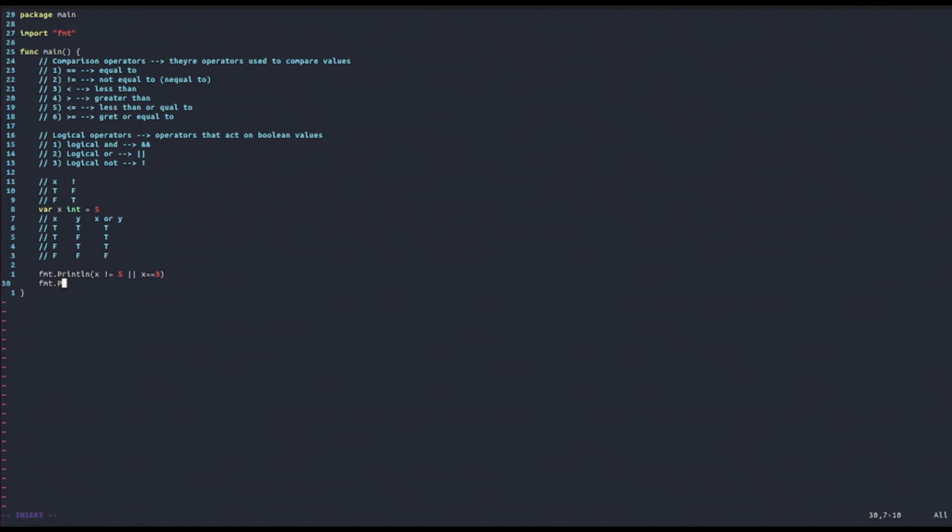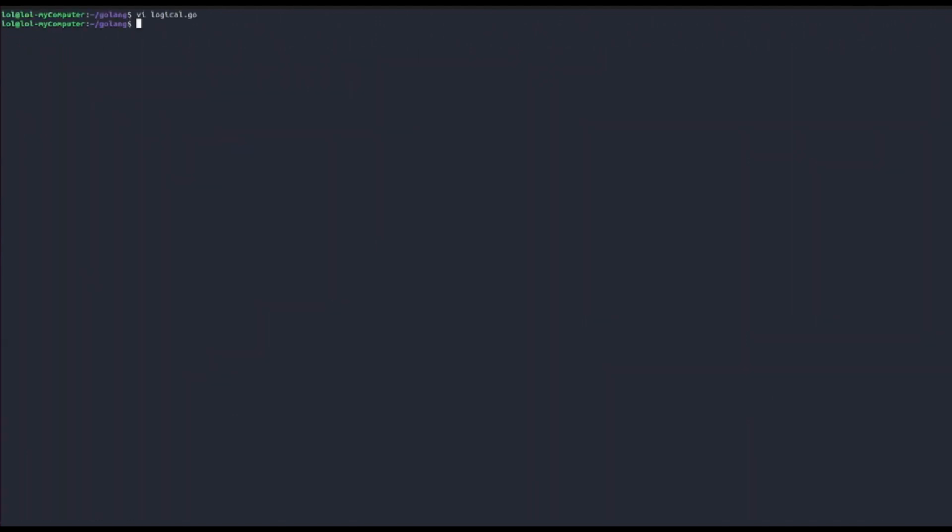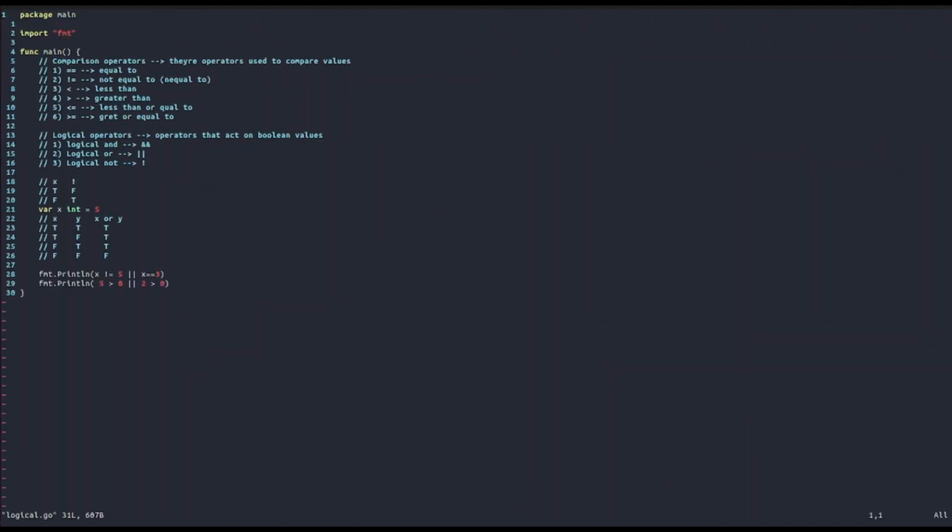So now we can make another example. For example, I don't know, 5 is greater than 0, or 2 is greater than 0. These are both true, and we should get true. As you can see, it's true. So with this said, I think we've said enough about the OR operator, and now we're ready to introduce the